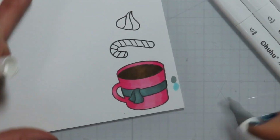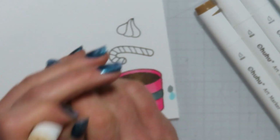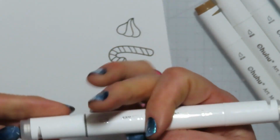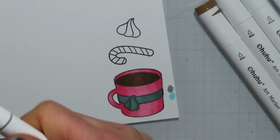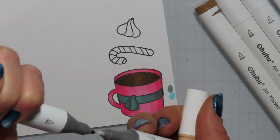Over the whole thing. And let's do, I'm going to do my tip to tip. So this is the E477 Morgan and the colorless blender. The colorless blender is really, I don't want to say it's a color eraser, it's a color pusher, but it also just kind of dilutes your color out. So I'm going to do tip to tip,